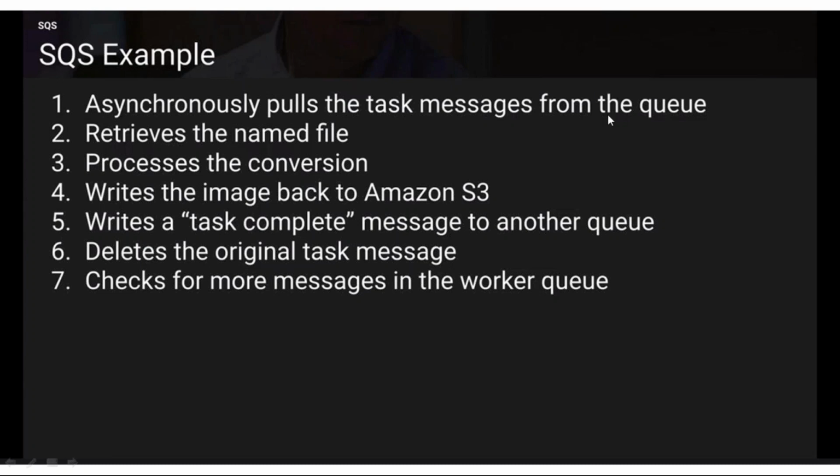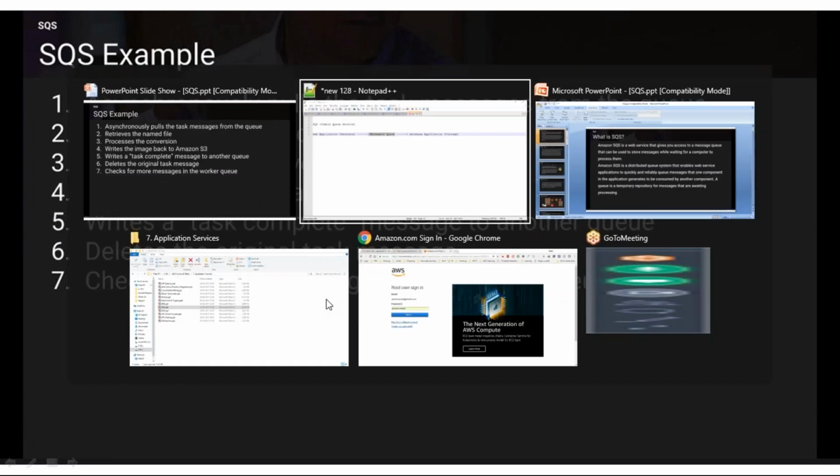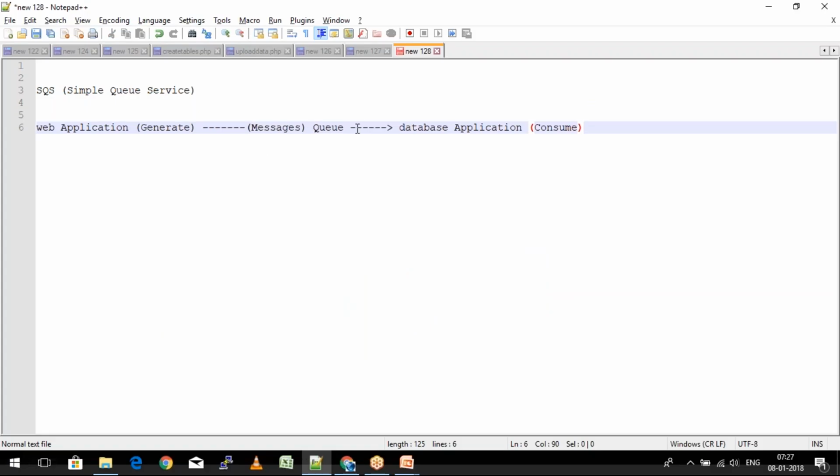And now my processor is going to look for more messages if there are any, right? So this is going to pick up the message from the queue. Let's say I have here 1, 2, 3, 4, 5, 6, right? Let's say each of them is a single message. 1 is a message, 2 is a message, 3 is a message. Now let's say message number 6 is picked up, so message number 6 is processed,